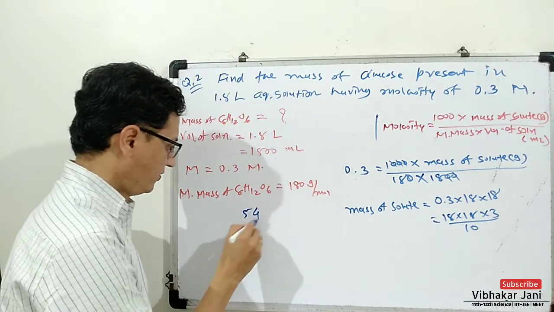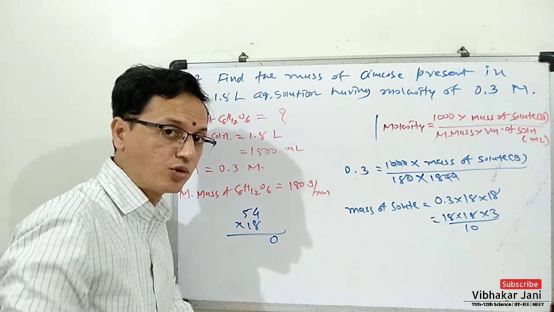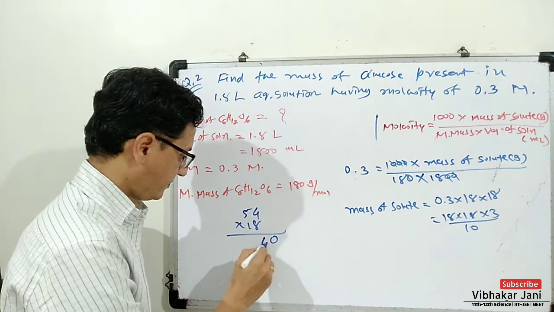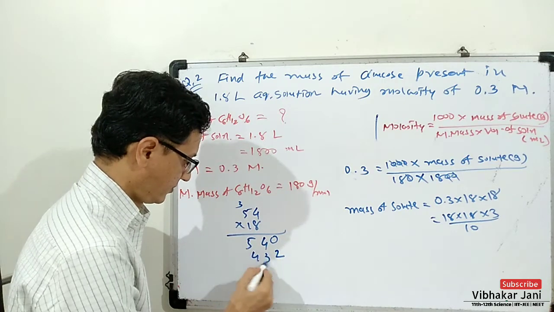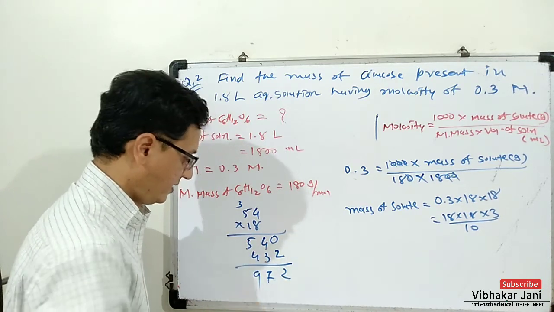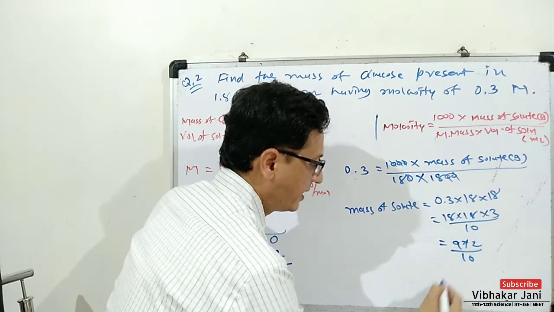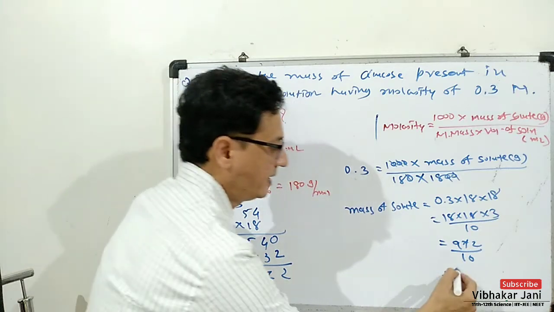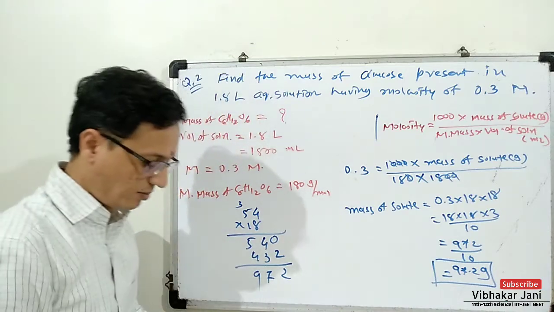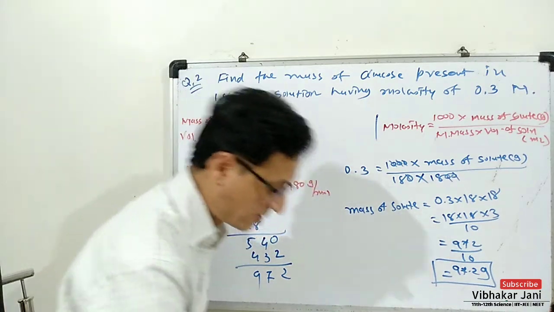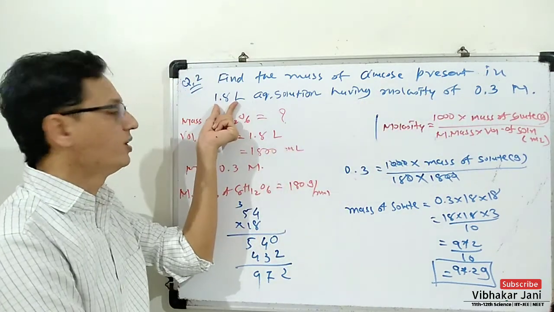So if you do 54 multiplied by 18, simply you can use calculator as far as board exam is concerned. It is 972. So it is 972 divided by 10. So ultimately our answer will be 97.2 gram. This is the mass of glucose which is dissolved in this solution having molarity of 0.3 molar and